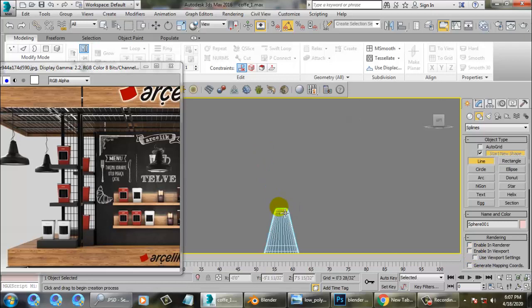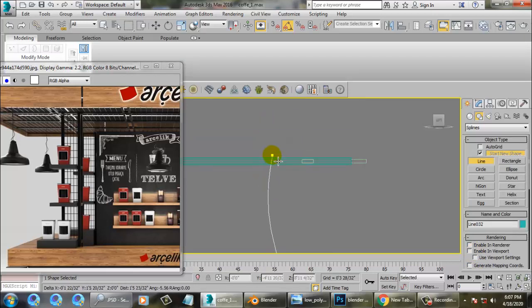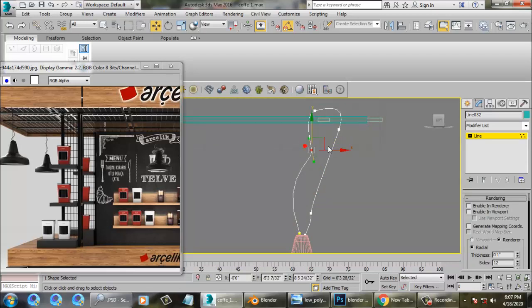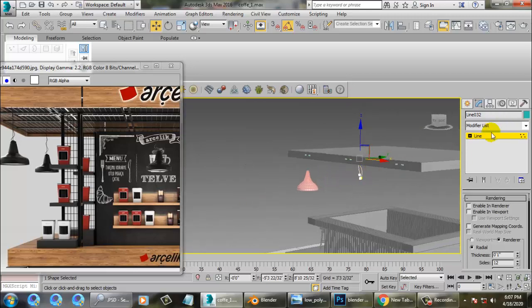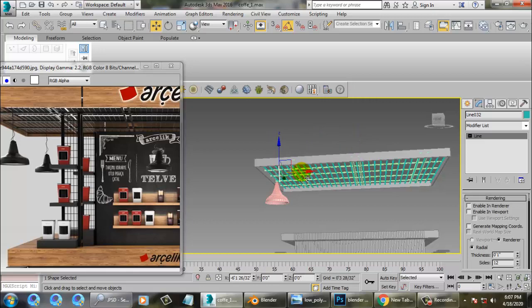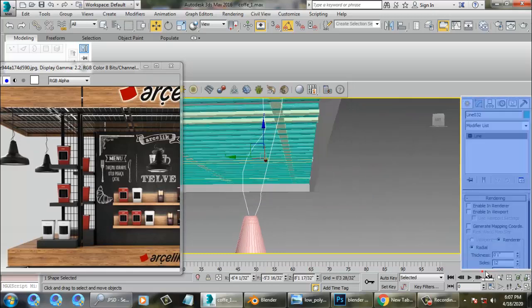Enable in viewport, and push this till here, and make it much thinner.